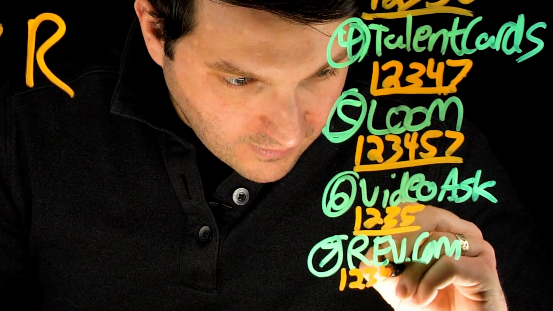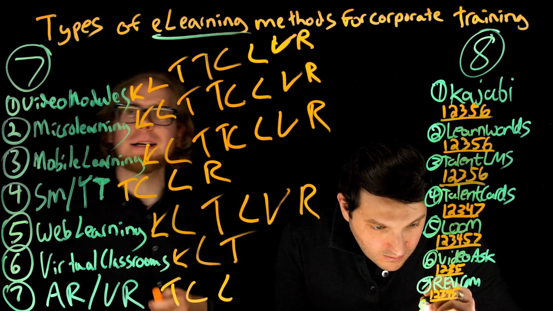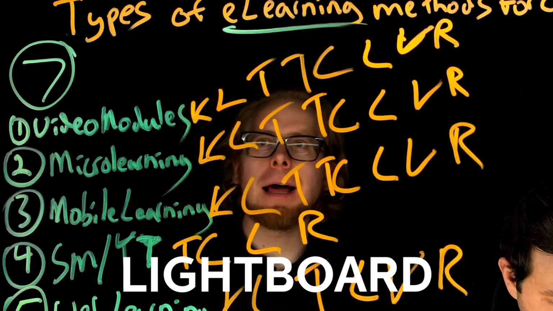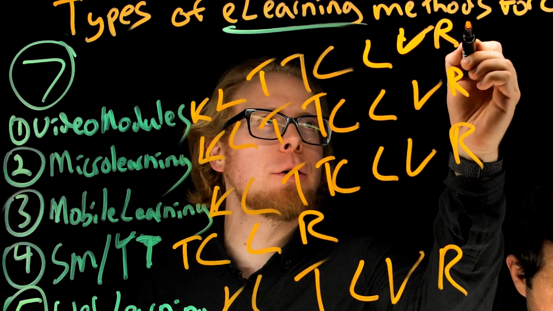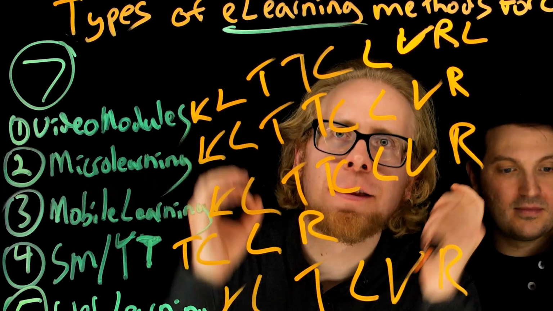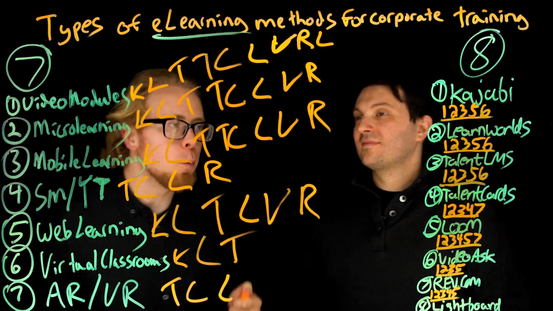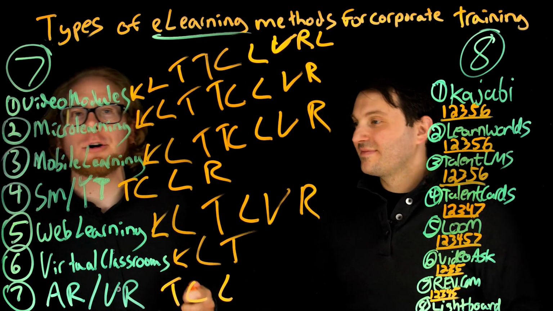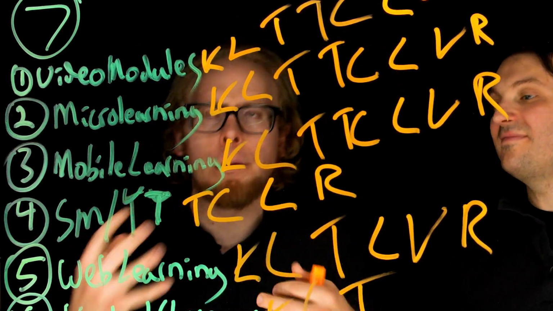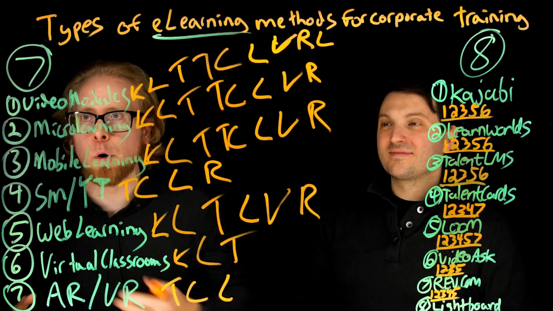2, 3, 4, 5. And the last type of technology that we want to showcase today is what we're using right now. This is called a Lightboard. And a Lightboard is obviously going to help you with video modules. It allows us, the presenters, the subject matter experts, to write on the board our notes and for our learners to learn from what we're writing. What this is great for is if you are a subject matter expert that doesn't have fancy PowerPoints, that doesn't have materials that you really feel proud of, then what you can do is express yourself in your learning on a Lightboard because